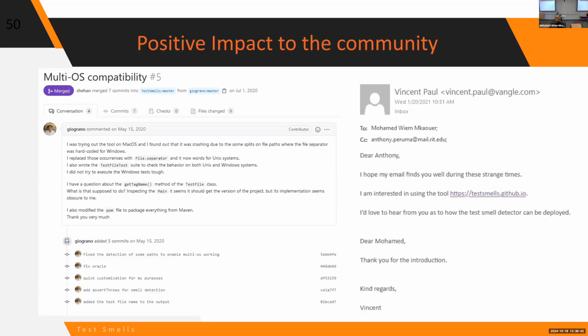We started getting emails from industry. We like this thing, it was back in the COVID times, right? Strange times. I'm interested in using this tool. How can we deploy it in our company? And again, we will just keep helping the community. Okay. So as a student, you decide to either keep your research publications and papers, which he did, or you can keep broadening this aspect and engage everyone in this research, right?